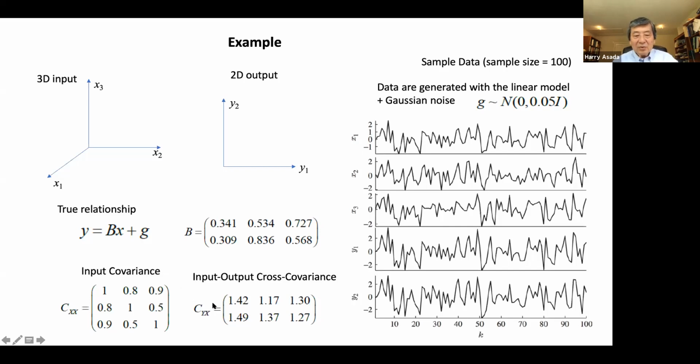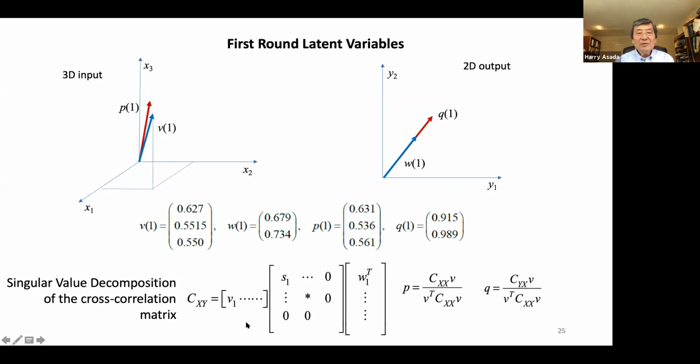And then actually cross correlations between X and Y can be computed in this way. Or you can provide C sub XY. That's actually the transpose of this guy, right? Transpose of that. Okay, with that, first round, the latent variables: we do a singular value decomposition of the cross